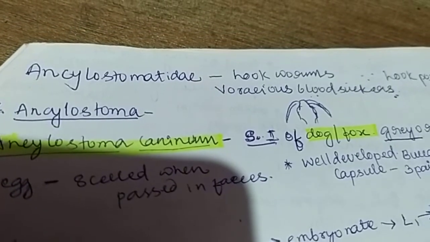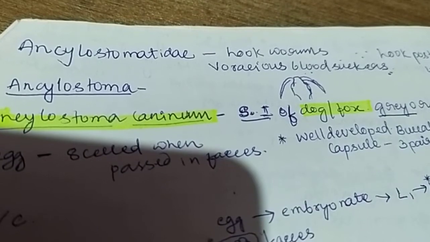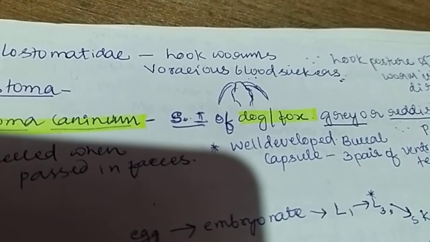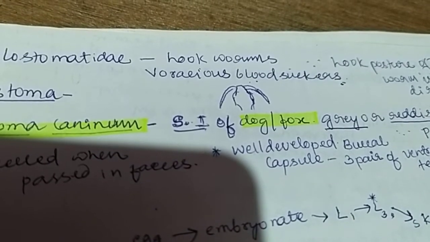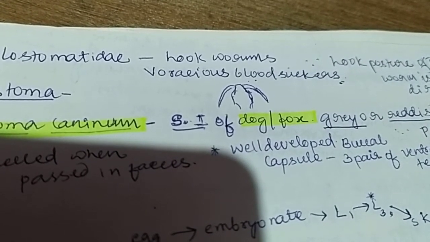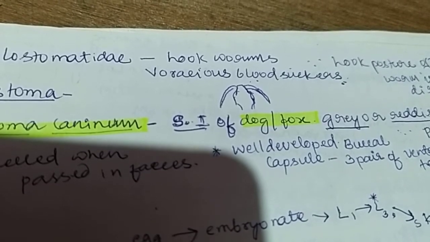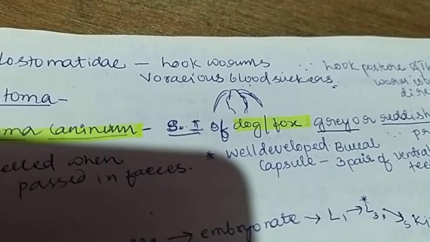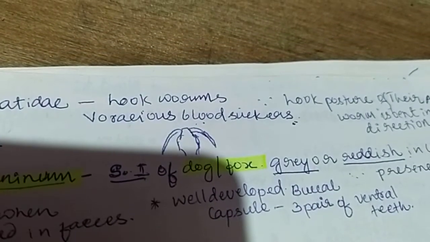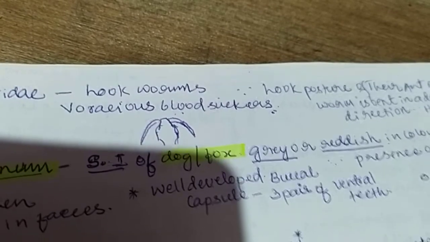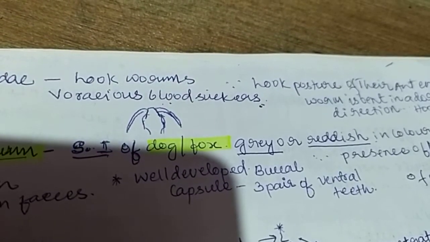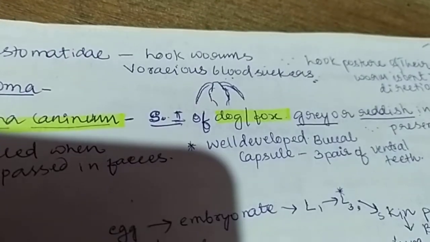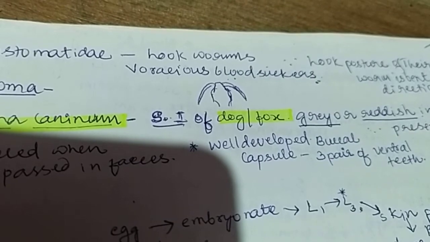In this video, we will discuss the genus Ankylostoma. The species of the genus Ankylostoma are called hookworms, and these are voracious bloodsuckers. By listening to this, you can clearly understand that these species are responsible for the severe anemic condition in the affected host. And these worms are called hookworms because they look like a hook structure, and this hook posture is because the anterior end of the worms is bent in the dorsal direction, giving a hook-shaped appearance. Because of this, these are called hookworms.